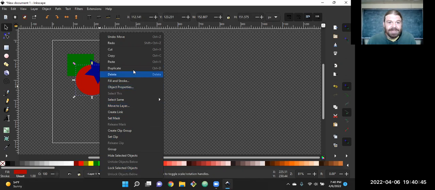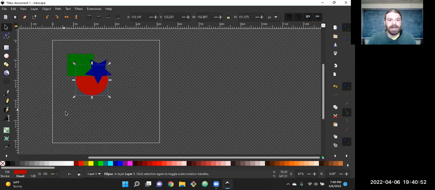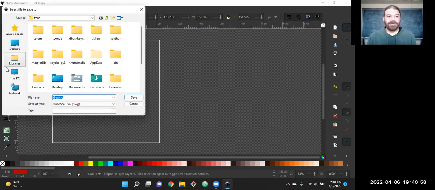it's not that move, there's a different move. Maybe I have to come up here and lower that. So put it behind the other shapes and move them around, they're still separate. And when I go hit save,